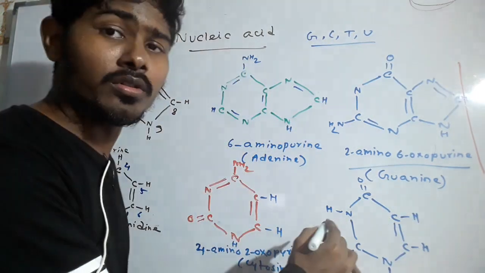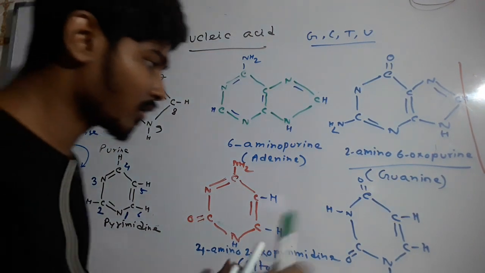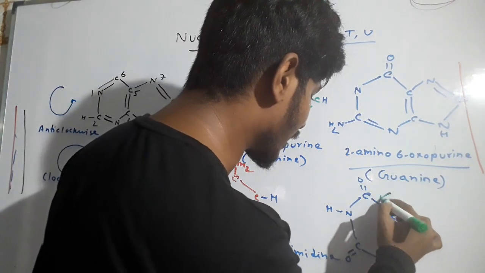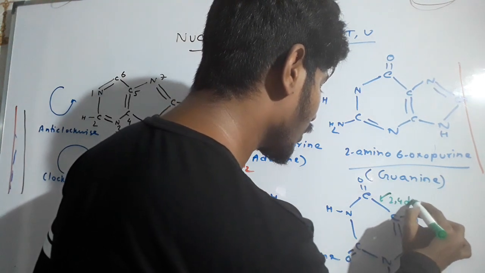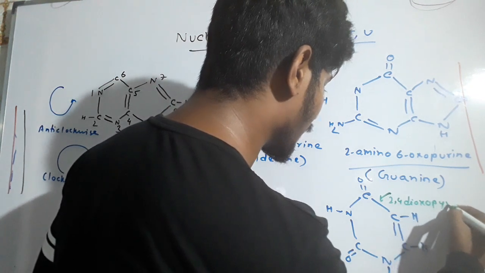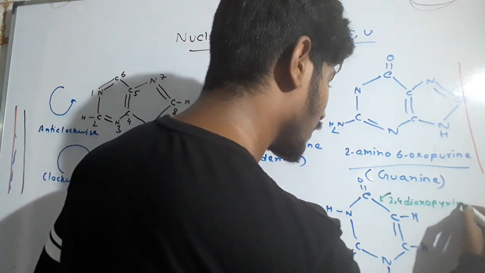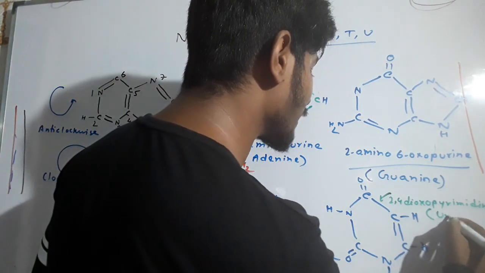And the structure is 2-oxo, so the structure name would be this structure, okay, 2,4-dioxo or bis-oxopyrimidine, okay, or we can call it the uracil,